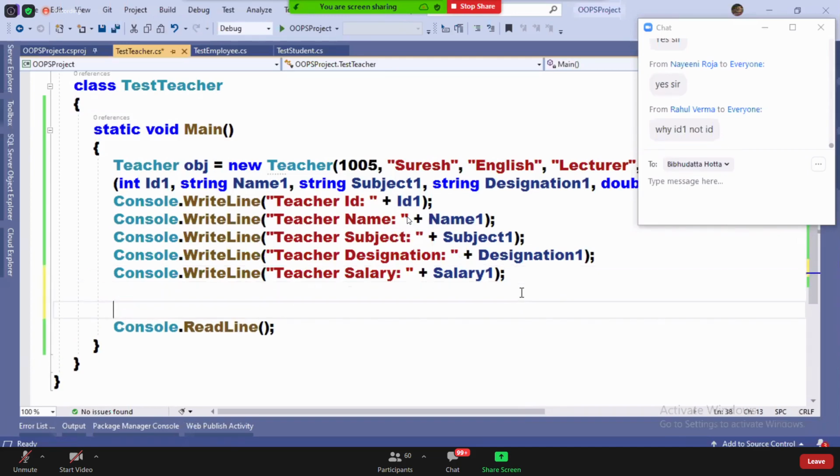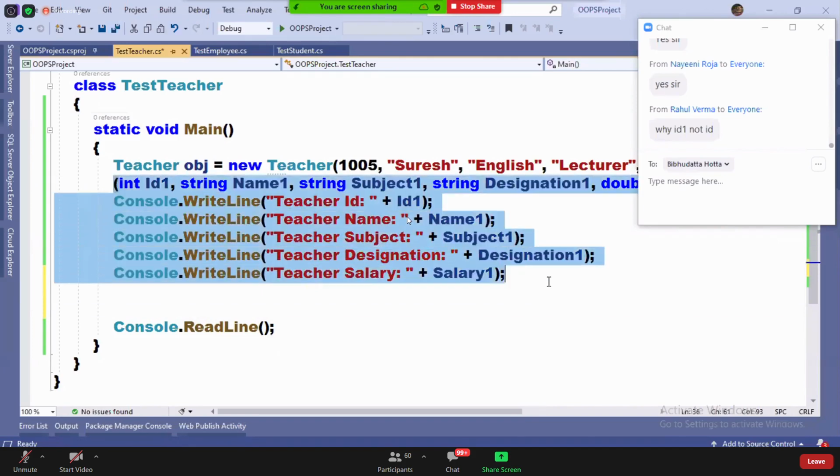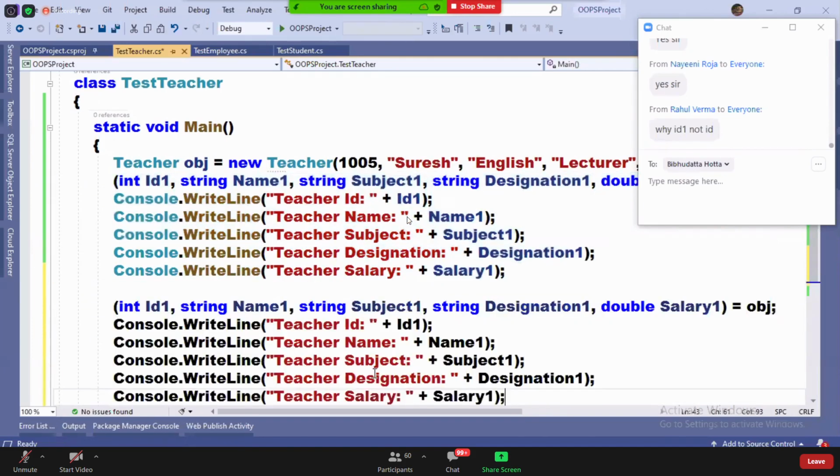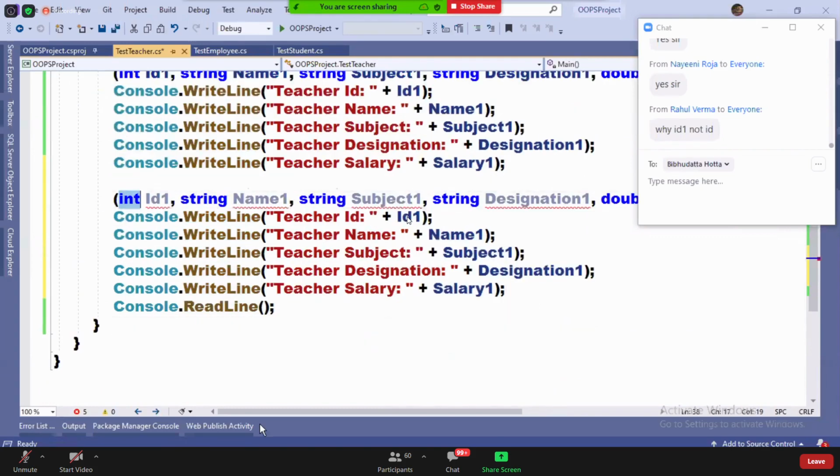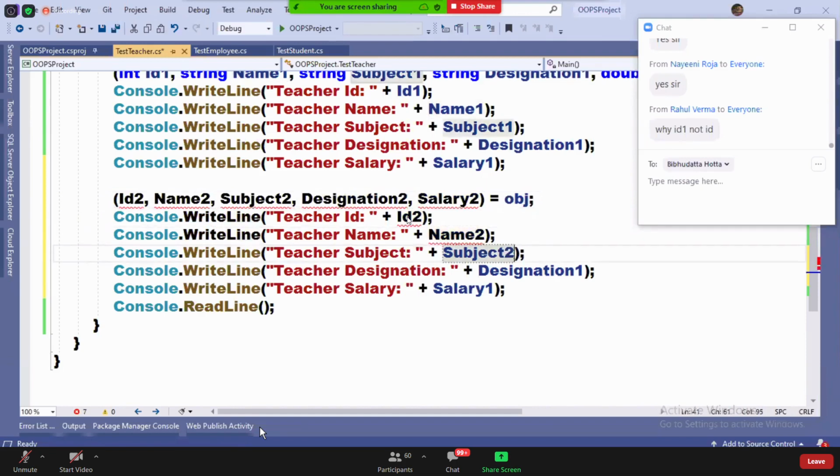Guys, you can access values like this also. How? Observe this. Without writing int, look at this.